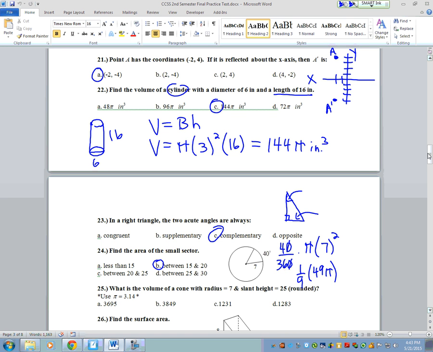What is the volume of a cone with a radius of 7 and a slant height of 25? That's the area of the base times the slant height, which would be 7. Well, don't forget your 1/3. It's 1/3, and this will be on your formula sheet. 1/3 area of the base, which is pi times 7 squared, times the height. Oh, wait, what is the volume of the cone with radius? Oh, let's draw a picture here. We got a cone